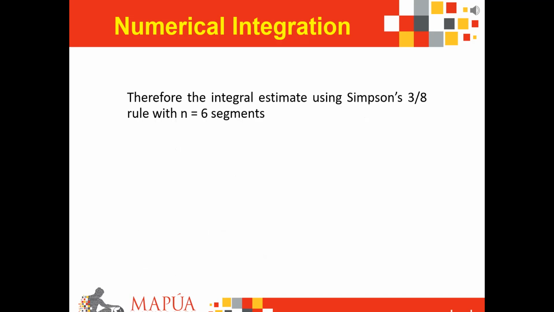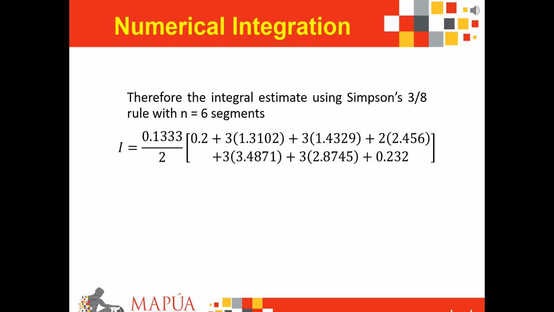Applying then our Simpson's 3/8 rule pattern onto your given function, you'd eventually end up with this respective solution, whereby you end up with 3 times h, which is 0.1333 all over 8, multiplied with our respective pattern of function, and thus giving us a summation equal to 32.6581 with an integral estimate of